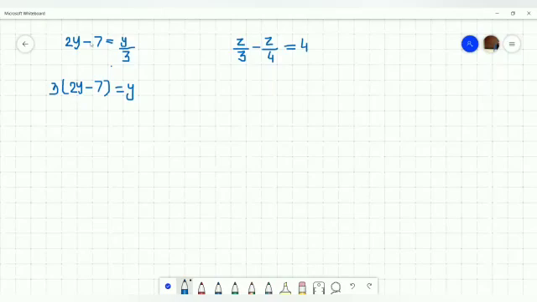So now see, whenever you have two terms, you have to put the bracket when you are multiplying. Otherwise what will happen, you will just multiply this 3 with 2y and not with 7. Then you will not get your answer. Now multiplying this 3 inside, 3 into 2 is equal to 6y